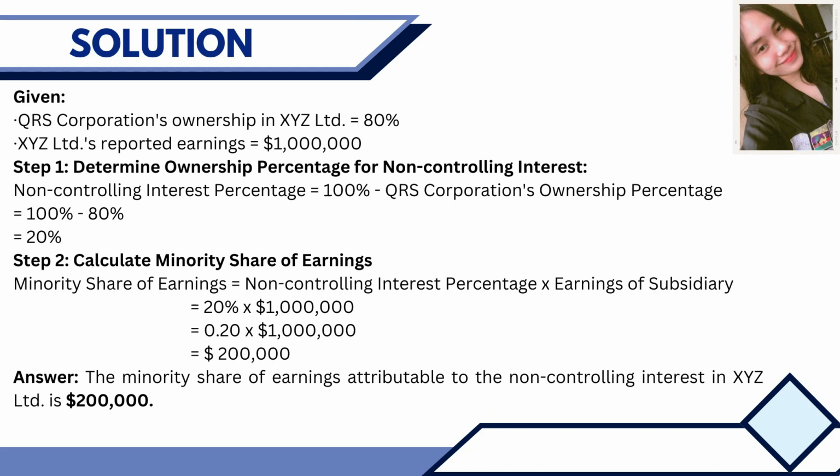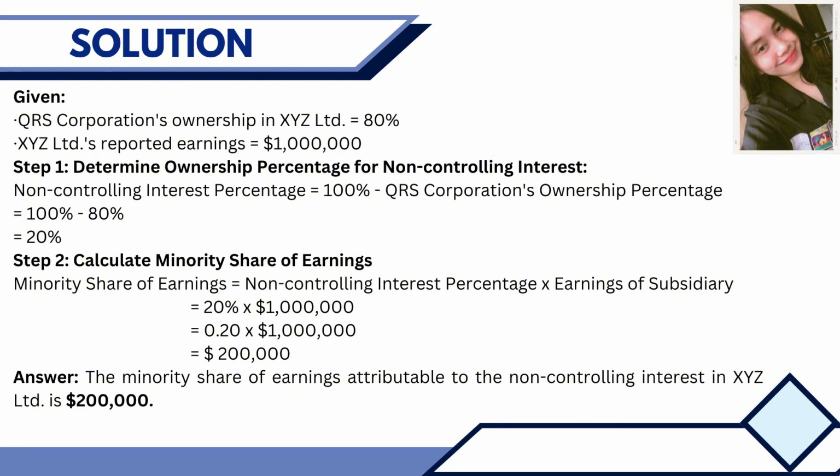Step 2. Calculate minority share of earnings by applying the non-controlling interest percentage to XYZ Ltd's reported earnings. So non-controlling interest percentage times earnings of subsidiary is equal to 20% times $1 million is equal to